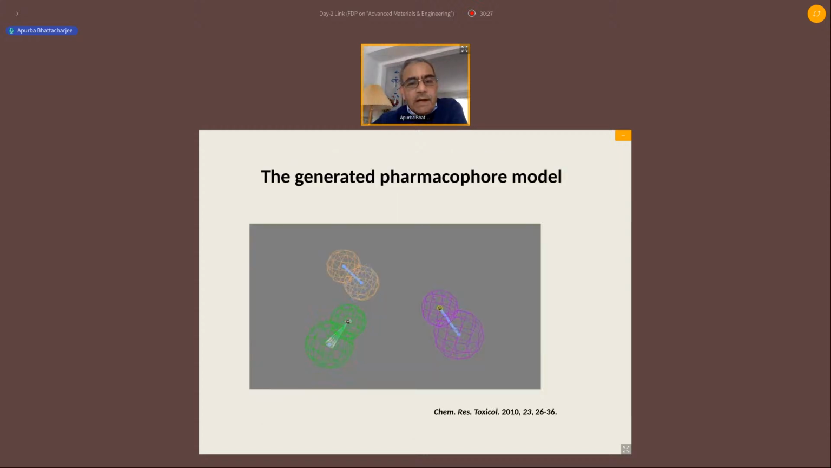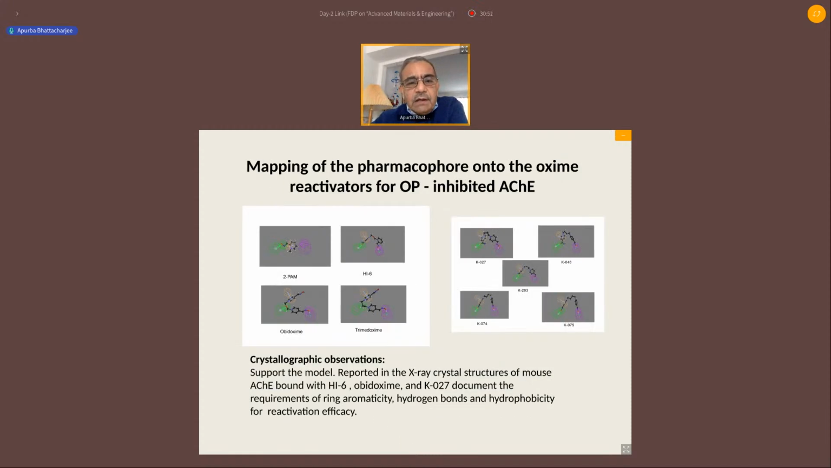Then ultimately, using those calculations, we developed a model, and the model was very simple: one hydrogen bond acceptor, one hydrogen bond donor, and an aromatic hydrophobicity. This was the template of the pharmacophore, and this was published way back in 2010. So this particular template of the pharmacophore allowed